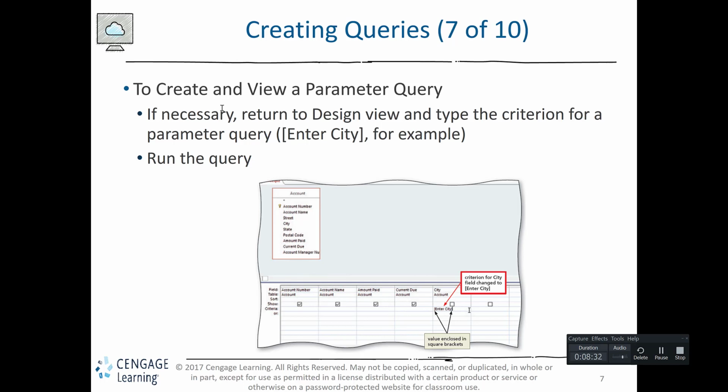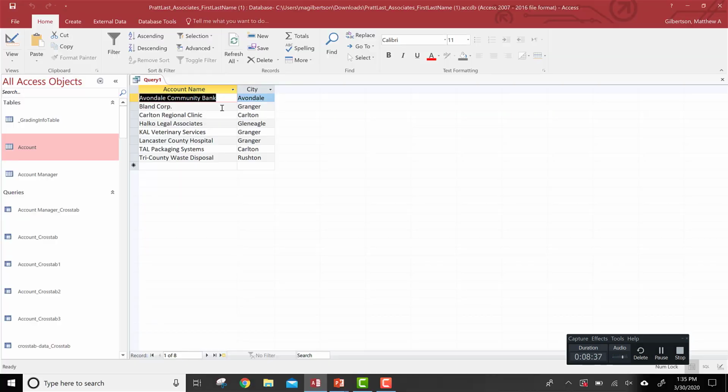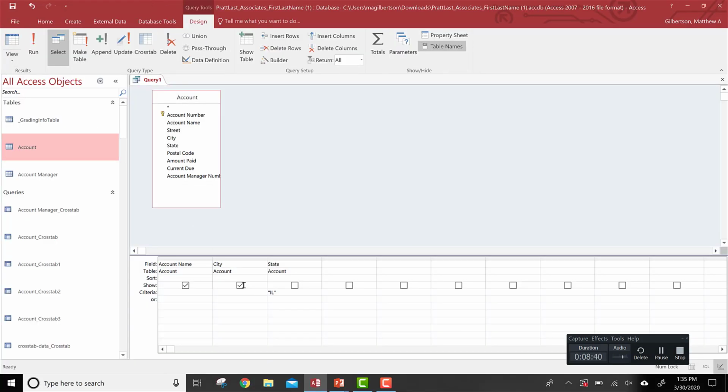I'm going to create a query on the city, but I'm going to type in the city each time I run my query. So I'm going to go back into design view again. I'm going to make the state field show again just because. And then in my criteria section for city, this time I'm going to put bracket, and then I'm going to type enter a city, and then end bracket. And what this is going to do, whenever I run this query, is put this on the screen, prompting the user of the query for what to put in,